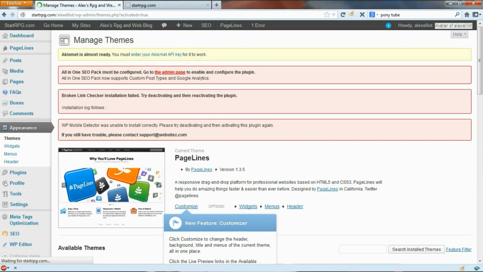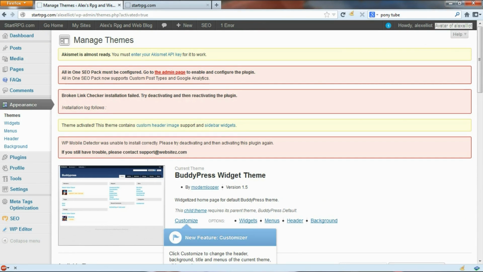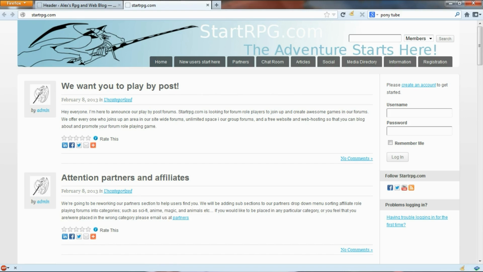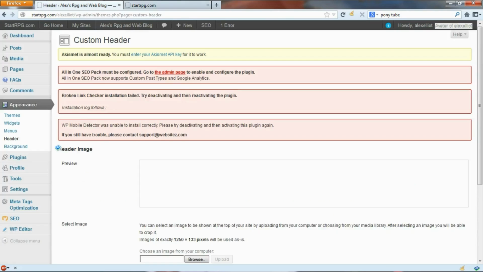Alright, so when you have your theme selected, one thing you're probably going to want to do is go to your header. That would be located under the Appearance header. And what your header is, it's that big banner for your website. So if I go over here, startupg.com, the adventure starts here, is my header. It is on the BuddyPress widget theme, and we're going to do something very similar to that for my personal